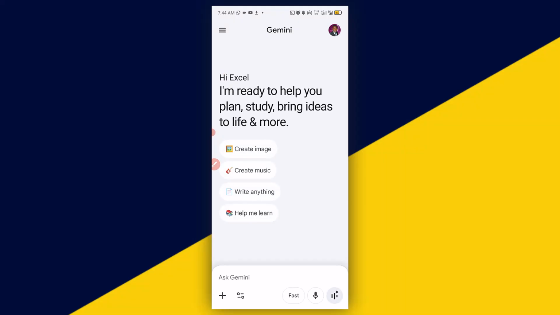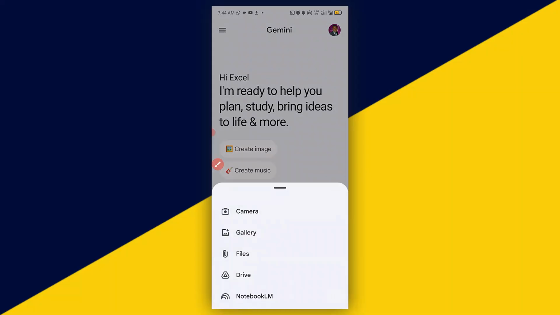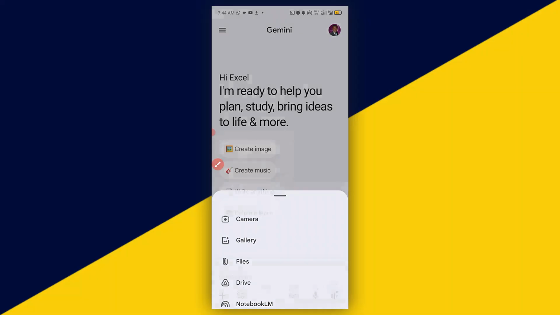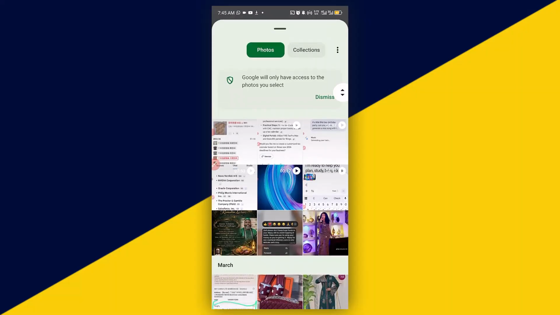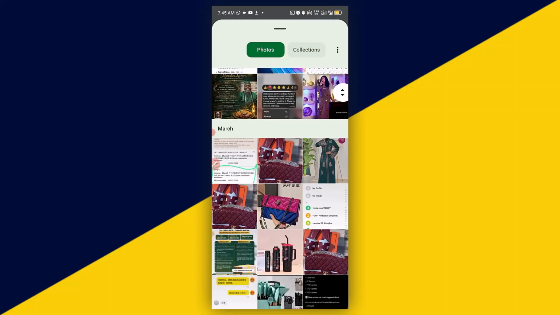The next thing you want to do is to go ahead and enter your text, or better still, you can upload a picture sample of a particular text. For instance, I'm going to click on this plus sign right here. I'll open my gallery, then from my gallery I'm going to select a particular